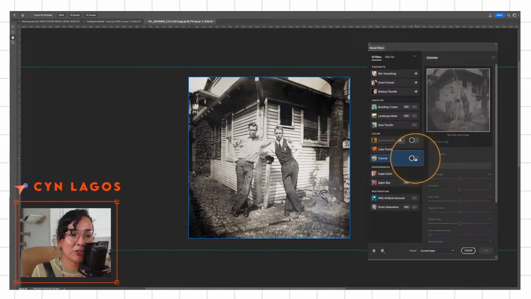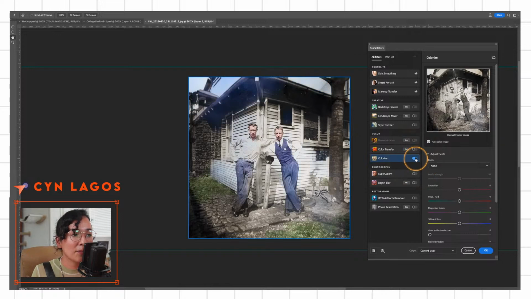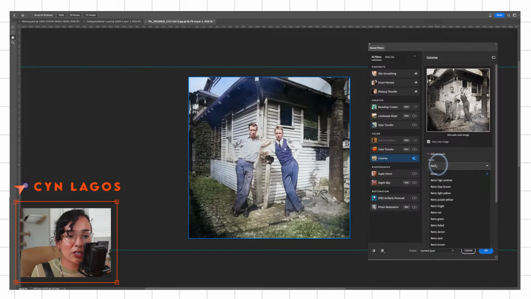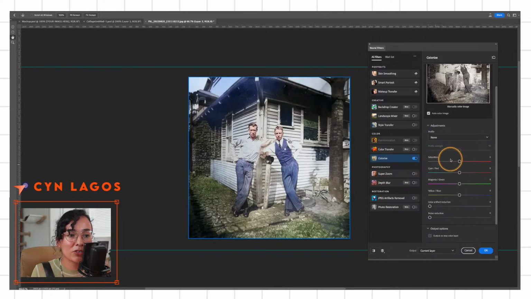And again, you might have to download this, and to make the effect, we have to turn it on. So now that looks less spooky. That's looking a little bit closer to the potential of what this image would have been had it been taken with a color film. Okay, so in here we have some profiles that we can try out, or we can go into this section down here and start playing with the saturation, the cyans and reds, magentas and greens, yellows and blues. And in my experience, this has been really cool to play with if you want this film result,